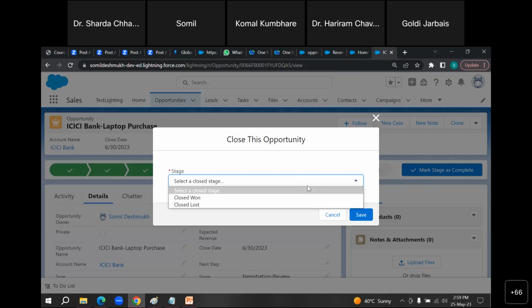What does close won mean? The customer has paid for that part and you are ready for that thing. Means the customer is ready to get that product. Okay. So close won and sell. Got it?